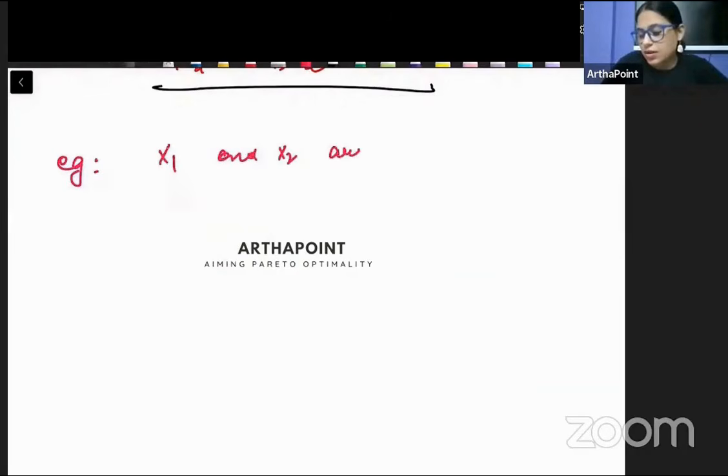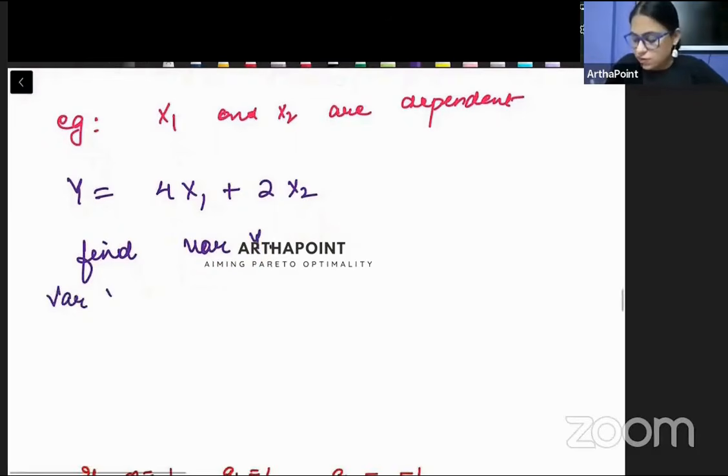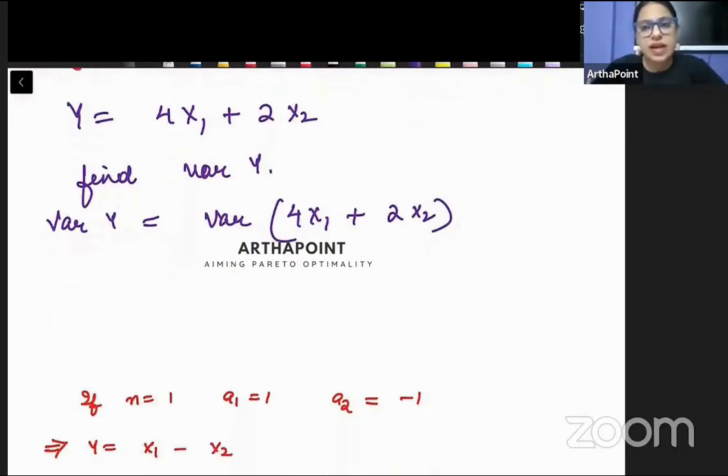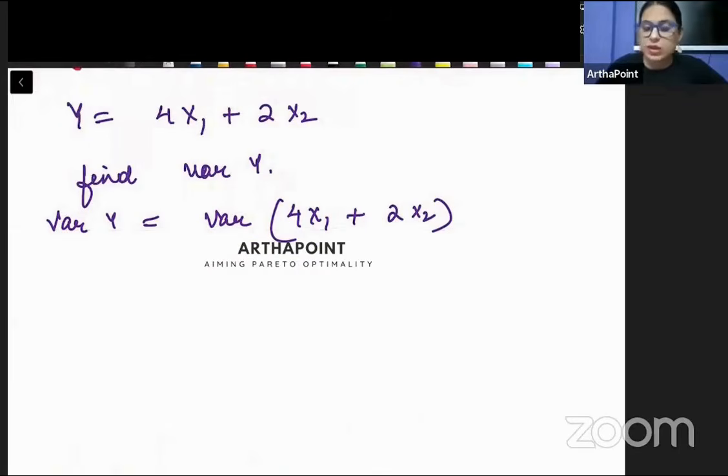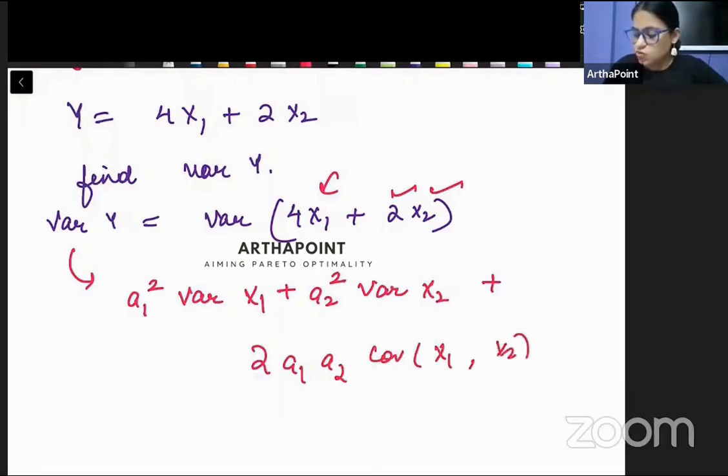तो बेटा ध्यान से देखते हैं, हम एक एग्जाम्पल ले लेते हैं। एग्जाम्पल, अब मैं बोल रही हूं that x1 and x2 are dependent variables। अब वो डिपेंडेंट है, इंडिपेंडेंट नहीं है। और मैं आपको बोल रही हूँ कि y is equal to 4x1 plus 2x2। और मैं आपको बोलती हूँ find बेटा the variance of y, y का वेरिएंस निकालो। तो बेटा वेरिएंस ऑफ y क्या हो जाएगा, variance of 4x1 plus 2x2। And what is the formula we have studied, क्या फॉर्मूला पढ़ा हमने, the formula of variance of y will be a1 square variance of x1 plus a2 square variance of x2 plus 2 a1 a2 कोवेरियंस between x1 and x2। कोवेरियंस बताता है कि x1 और x2 एक दूसरे के साथ कितना रिलेटेड हैं।